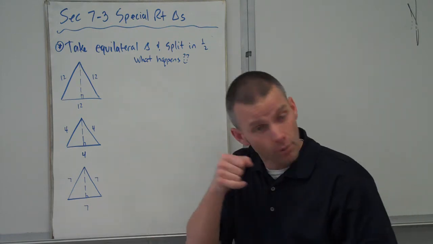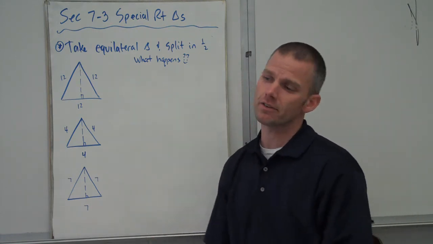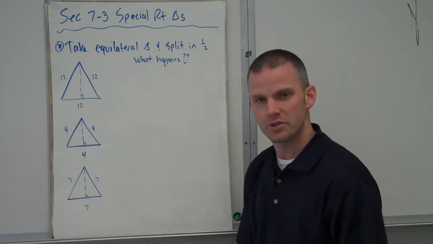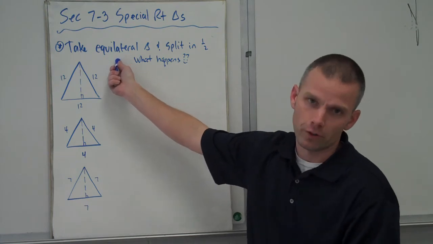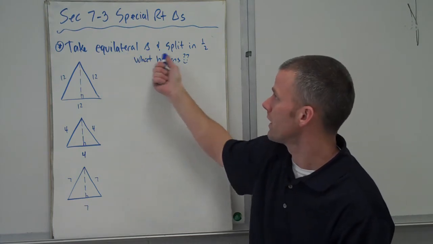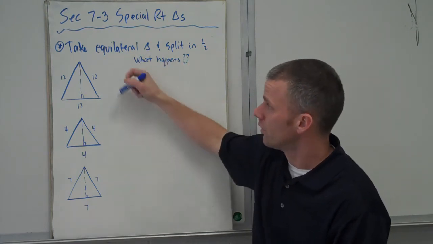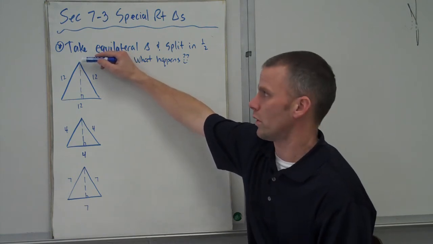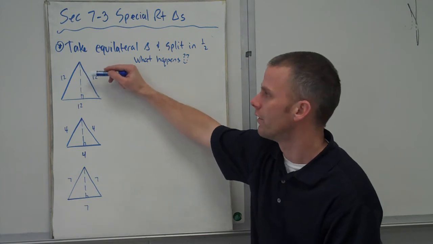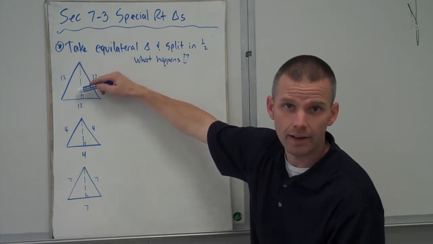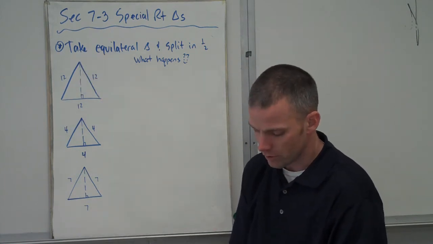Put on your little hats, get your magnifying glass out. A little investigation here, a little CSI action. We're focused on equilateral triangles. If we take an equilateral triangle and we split it in half, so basically, we take an altitude, which would also be a median, which would also be an angle bisector. It's pretty important to know here. And we just drop it like it's hot. Alright? So when you do that,